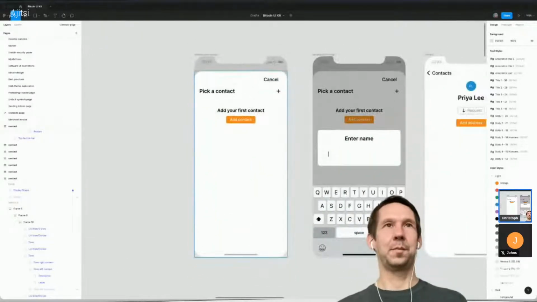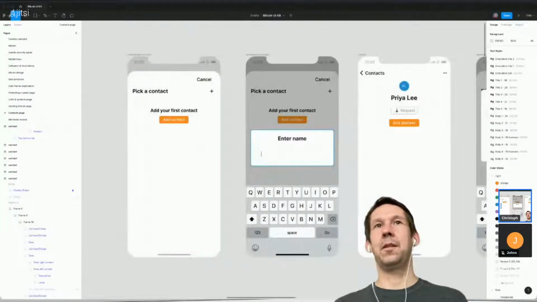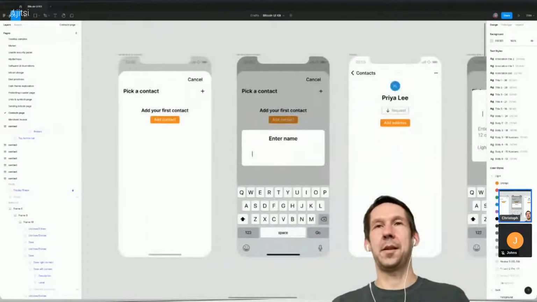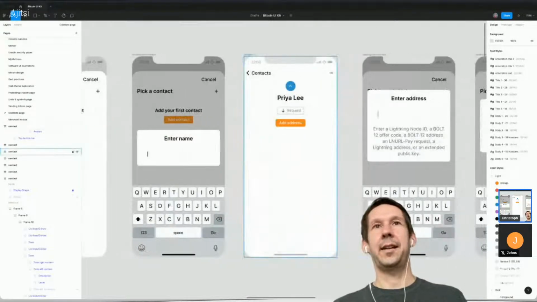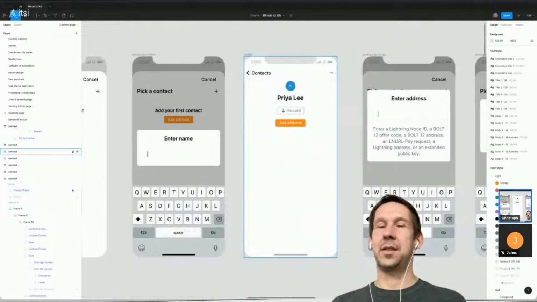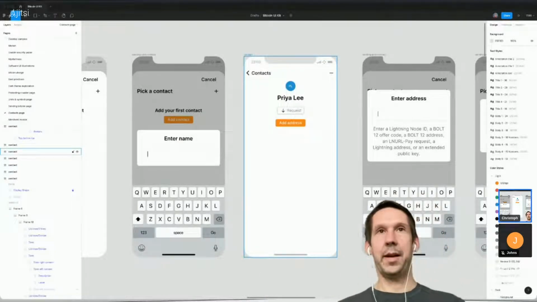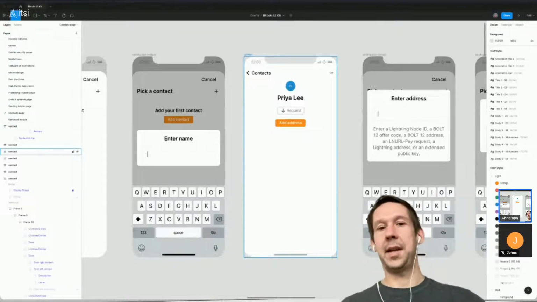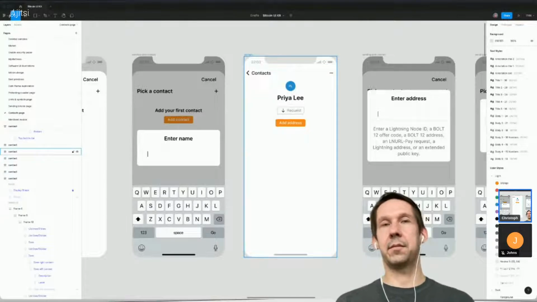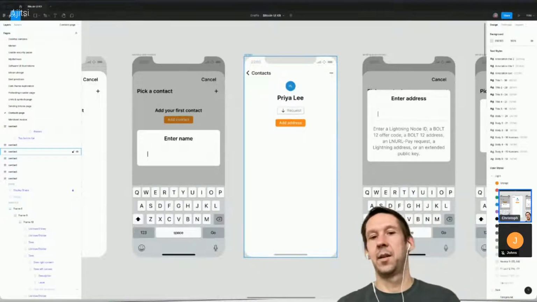empty. Nothing there, right? It says add your first contact. Then you enter a name. Name can be anything. In this case, I entered the name Priya. At this point, it's a fairly empty screen, but I can already request. If I press request here, it will create an invoice, and then I can share that over social media or email or whatever I want, right? Somebody can scan the QR code that will be on my phone, but I cannot send yet because there's no